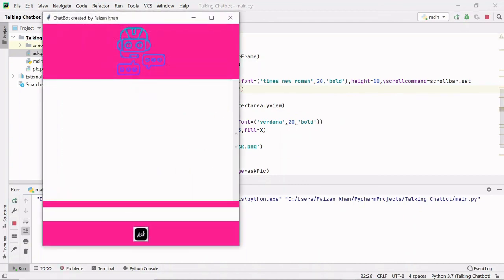Let's see. Now if I type my name here and move it to the right like this, now a complete word is going to a new line instead of each character, right? Finally, we are done with the GUI part.